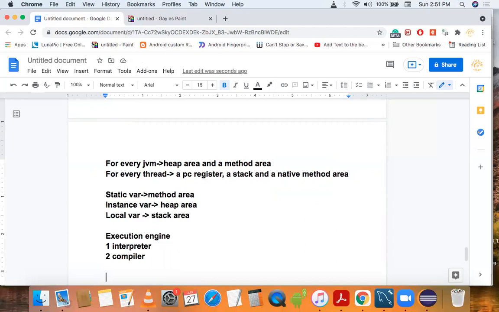The interpreter is responsible for reading data in the form of byte code and converting it into machine code.